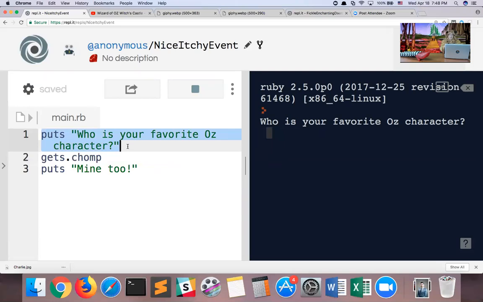Ruby does that, right? Ruby executed that line. And that's why we see who is your favorite Oz character on the right hand of the screen. Then Ruby gets to line number 2, which is gets.chomp. At this point, Ruby processes that line. Gets.chomp is a command that waits for the user to type something in.